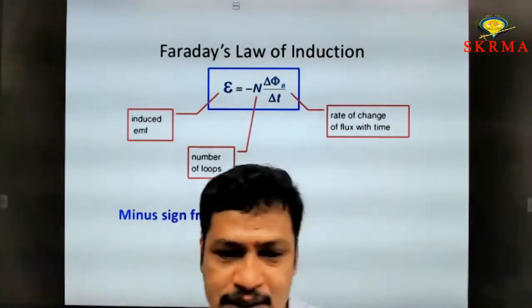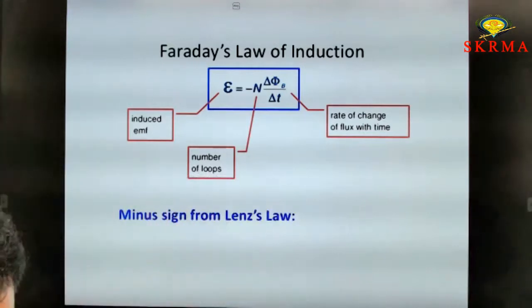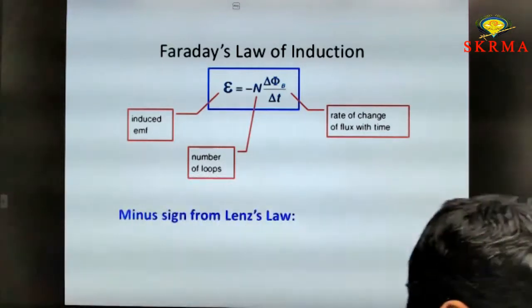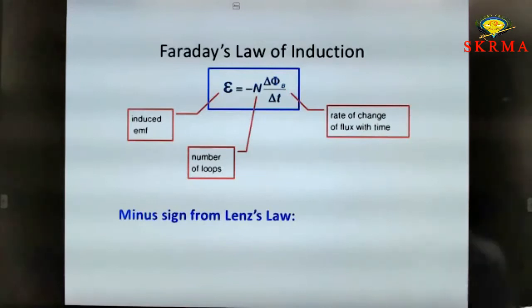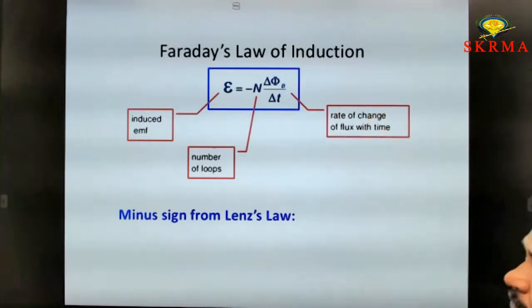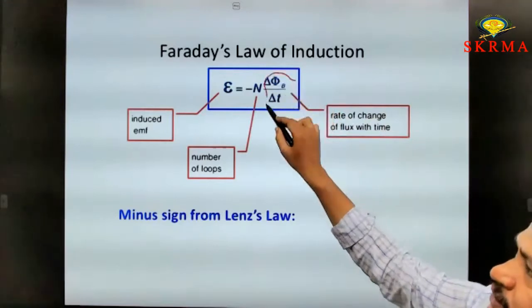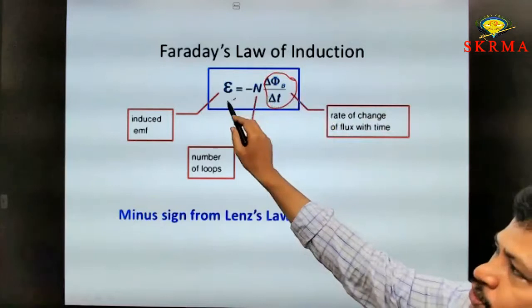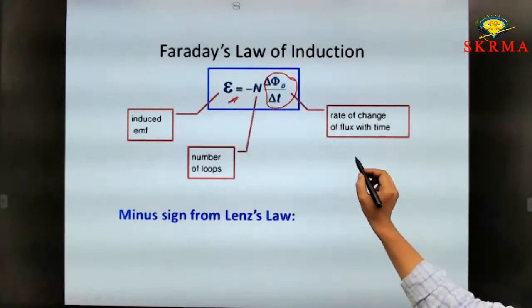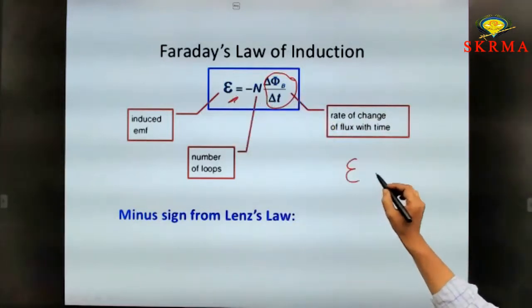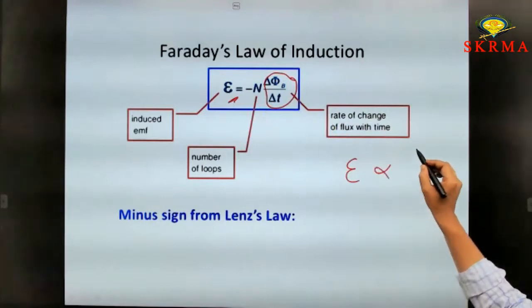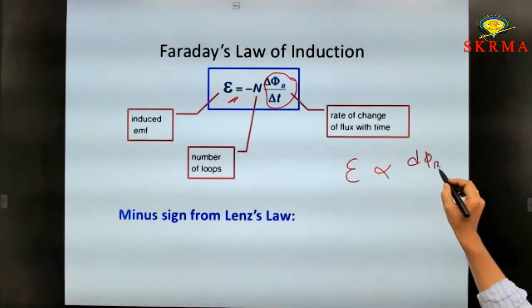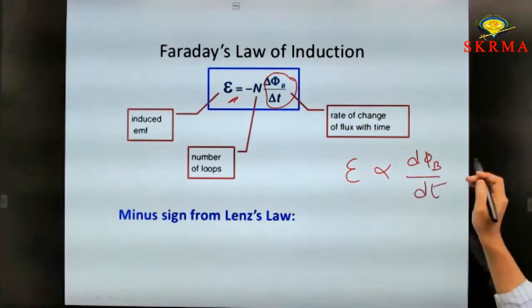The first concept here is the Faraday law. The Faraday law was already discussed in current electricity. In the same way, here the Faraday law of magnetism is nothing but the change in magnetic flux. The change in magnetic flux with time produces electromotive force, or induced EMF. According to Faraday law, E is proportional to d phi B by dt. This is the basic form of Faraday law.